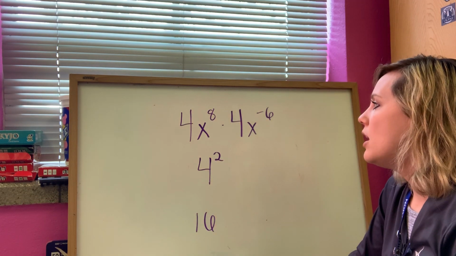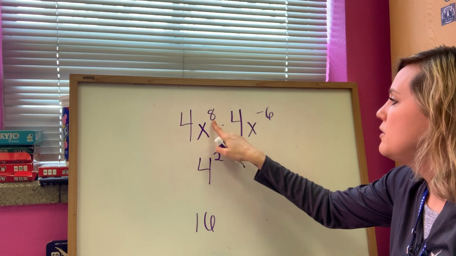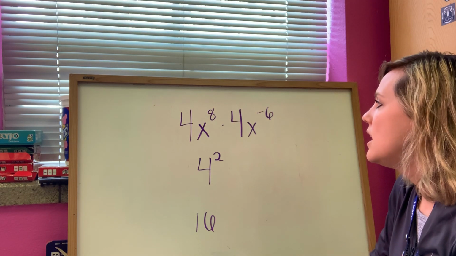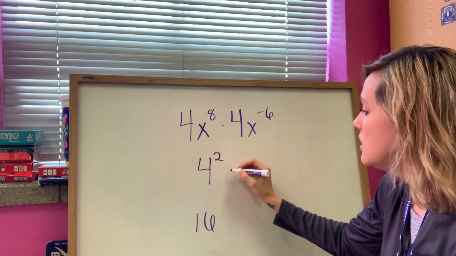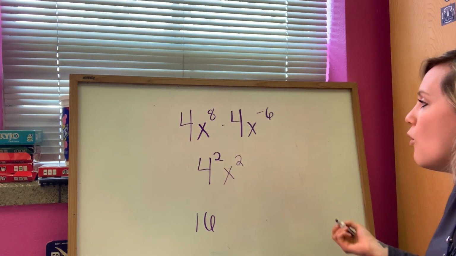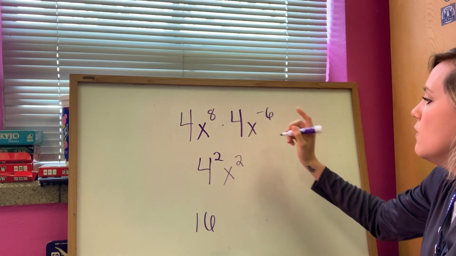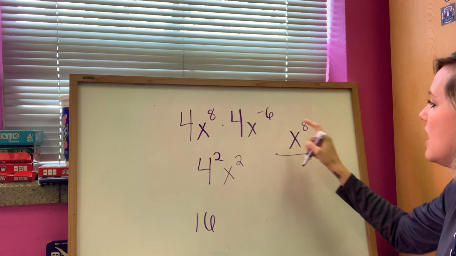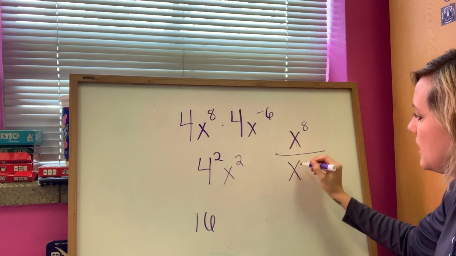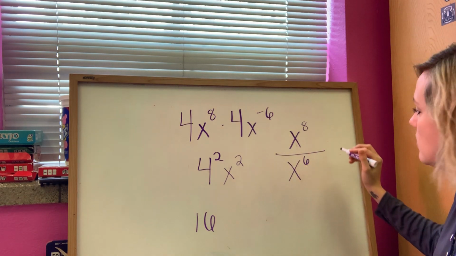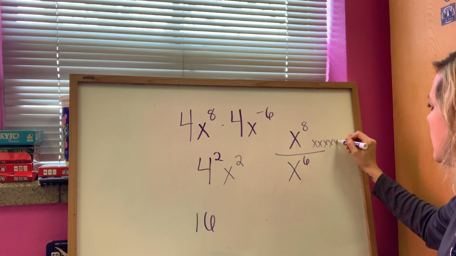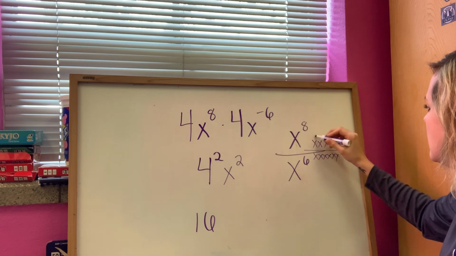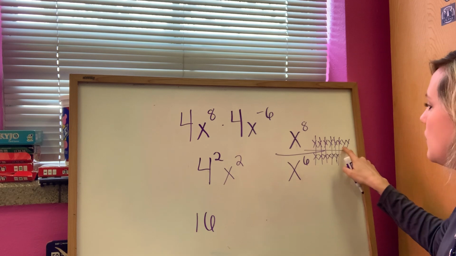Okay, so remember with the product rule, you can do it one of two ways, but you could just add these numbers. 8 plus a -6 would give us 2. So we'd have x squared. Or you could think about it like this. 4 times 4 is 16, and then we have 8 x's in the numerator, and those 6 x's would move to the denominator. And then if we wrote all of these out, 1, 2, 3, 4, 5, 6, 7, 8, and we wrote 6 out, 1, 2, 3, 4, 5, 6, and we did canceling, we'd be left with 2